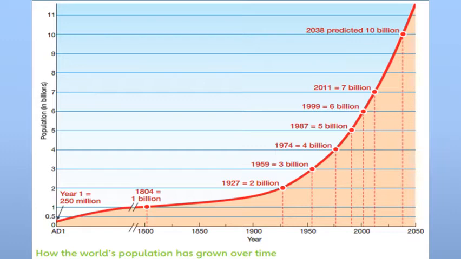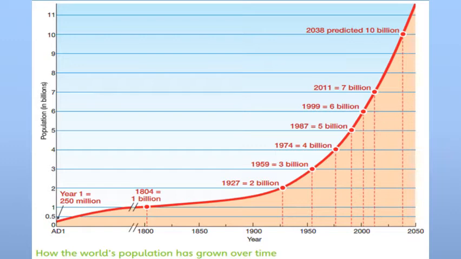From that onward, it sharply rises, and you can see that in the graph within a very short period of time. Now in 2000, it shows that the world population is around 6 billion people, and it is showing that if this